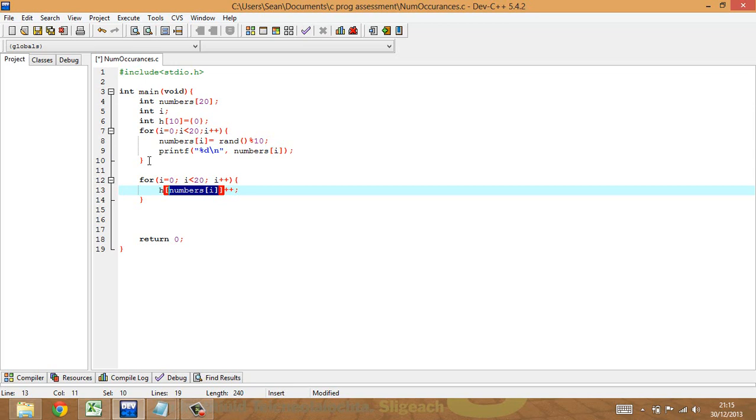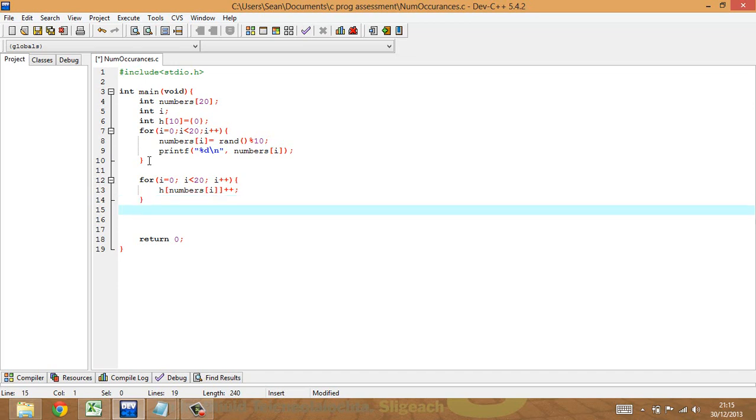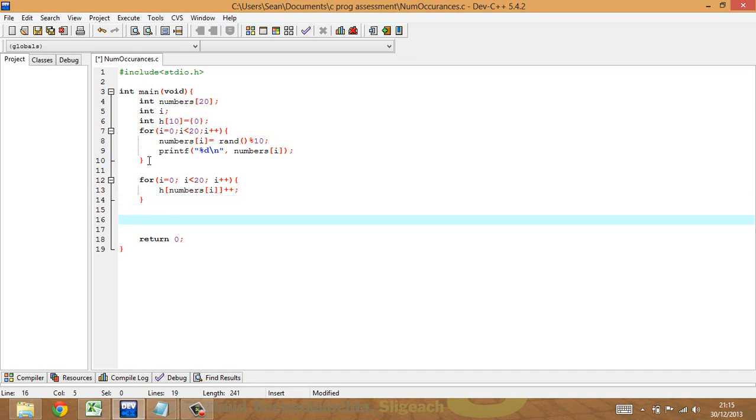That will go to position number 5 in the H array and increment it by 1, which basically says that the number 5 has occurred in the numbers array, and so I'm going to take note of that and increment it by 1. If another 5 occurs later on, then I will increment it again, and this will in its turn go through all 20 numbers and increment the position in the histogram array for every time a number has